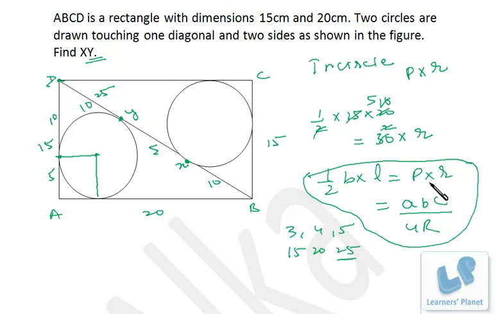This is the area of the triangle, this is the area of the triangle, and this is also the area of the triangle. And one more formula I have already given you several times, that is half a into b into sin C. That is also the area of the triangle, right? If you know all these four formulae to find the area of the triangle, all the problems based on triangles and circles will be done very easily.